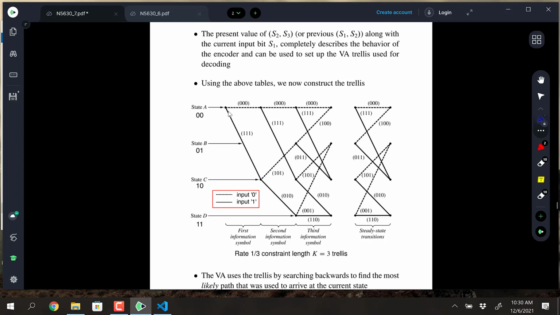are you good? Yeah. Okay. So there's 4 states, and then the dashed line represents a 0 coming into the trellis, so it's all zeros. But if we took initially a 1 coming in, we put out all 1s, but then then we'd be holding You know, as soon as we put in a 0, this shift register moves over. So as soon as we put in another 0, the old one falls off the end and a new one shows up. So if we put in a 1, which is what we're doing here,